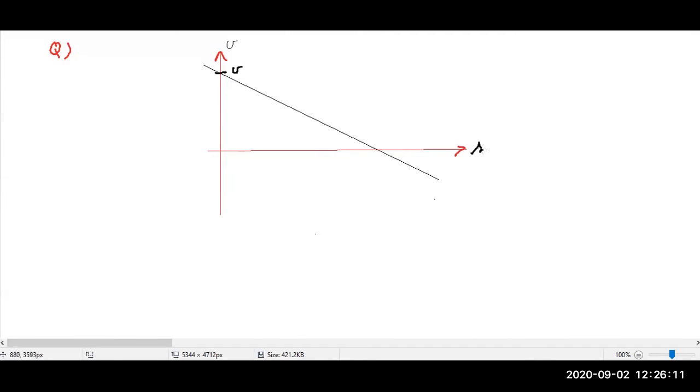V and S. ठीक है, VS graph. This is 10 meter per second and this is 4 meters. This is given. We have to draw corresponding